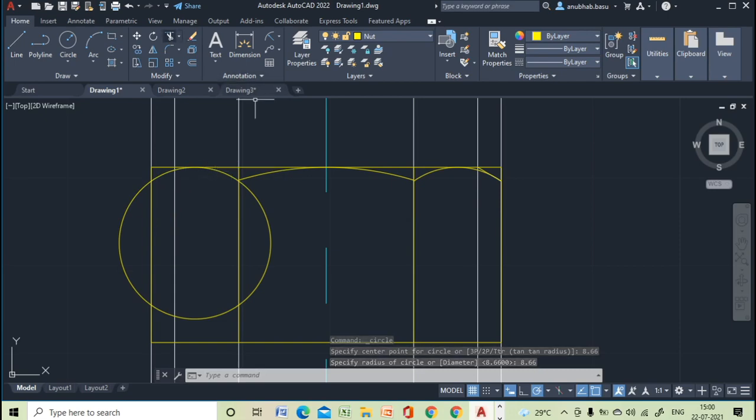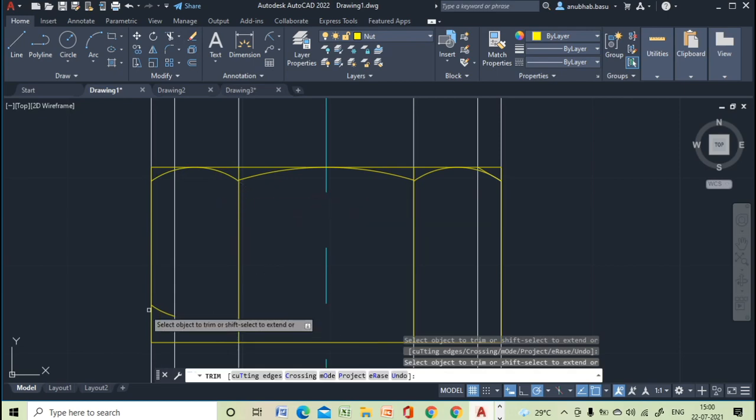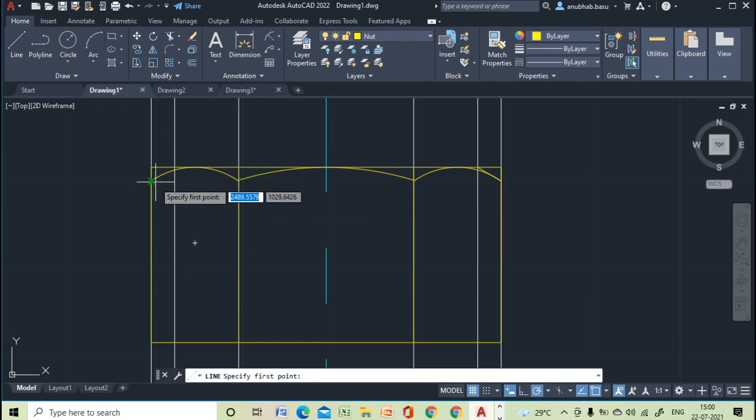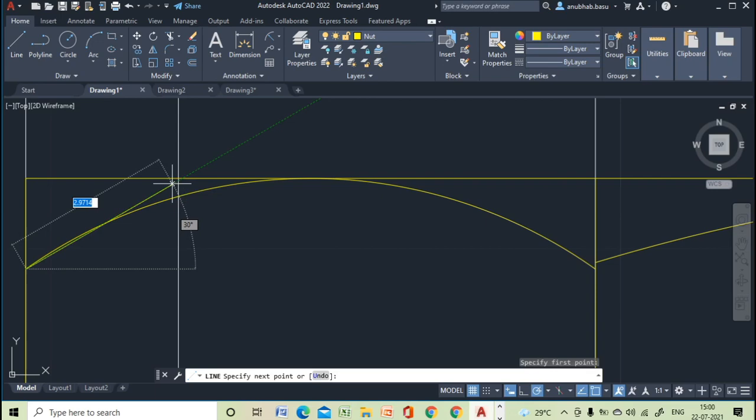Then we will trim the excess portions. And then we will draw this chamfer from this point to this point.